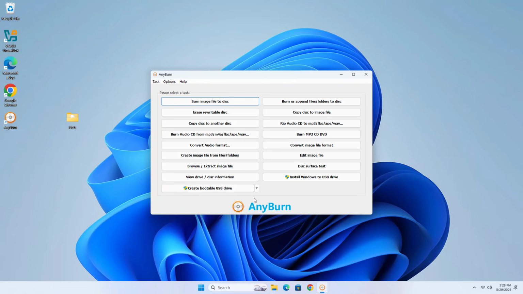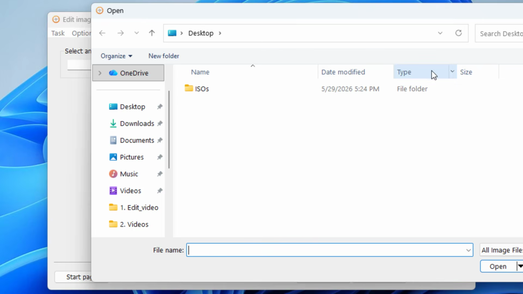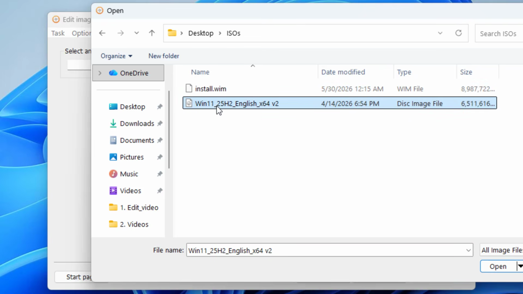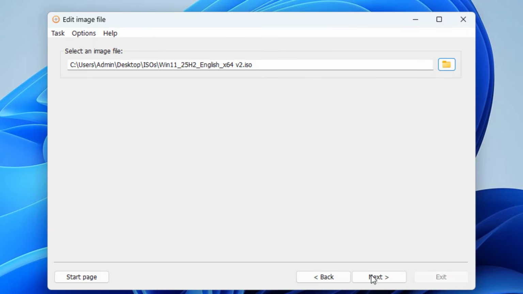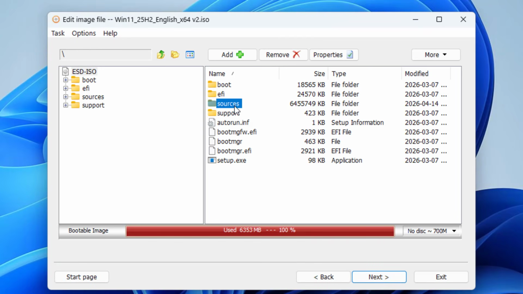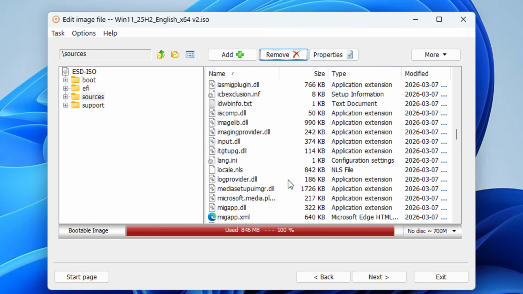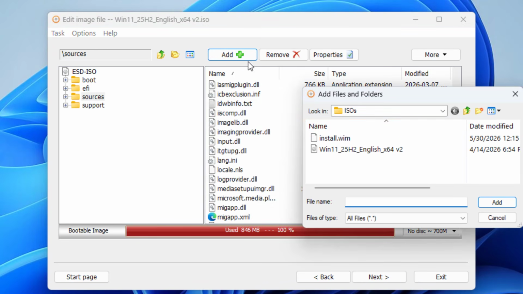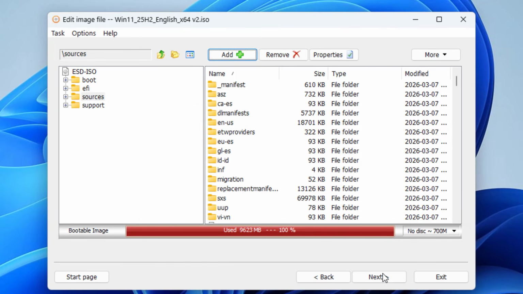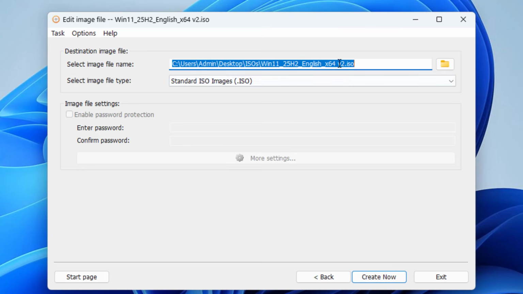Next, use software called AnyBurn to customize the Windows 11 ISO file. Browse to the original Windows 11 installation file. Sources. Remove the original image file and replace it with the customized image file. Install.wim. The above are the steps to add applications into the Windows 11